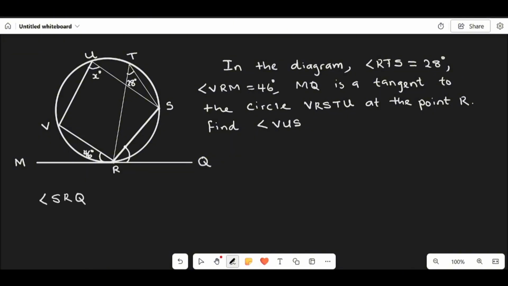XRQ is equal to angle RTX. Angle XRQ is equal to 28 because our angle RTS is 28 degrees. The next thing that I want to do is to find our angle VRX,